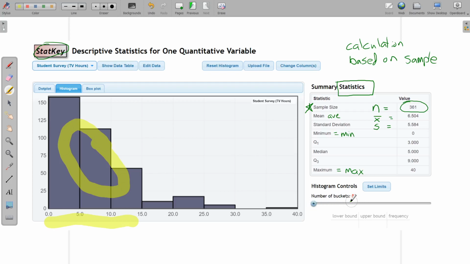And I can change the number of buckets, play around. We experimented with histograms last week, but they're a powerful tool. StatKey also has a box plot generator, which is a nice alternative to drawing them by hand. So I'll open up StatKey and then we'll do the similar calculations on a spreadsheet, which is also a nice